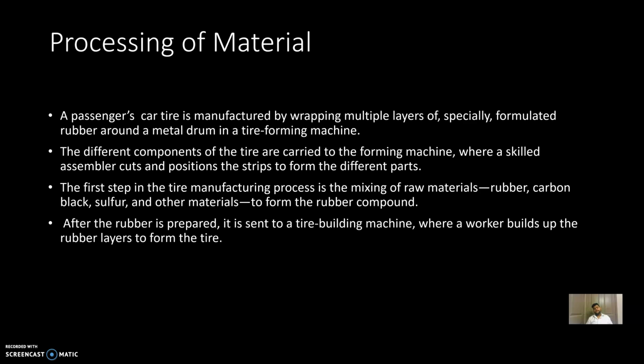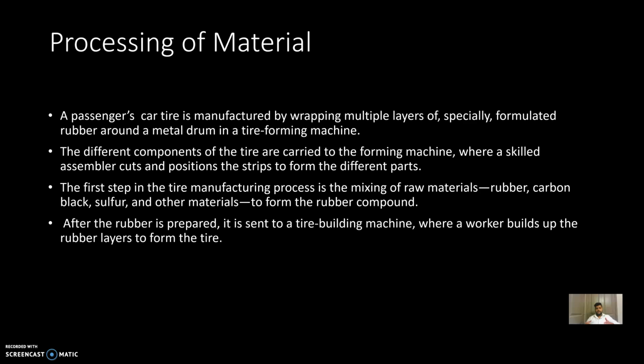So, processing of material. A car tire is manufactured by wrapping multiple layers of specially formulated rubber around a metal drum on a tire forming machine. These different components of the tire are carried to a forming machine, where a worker or assembler cuts and positions the strips to form the different parts. Now, the first step